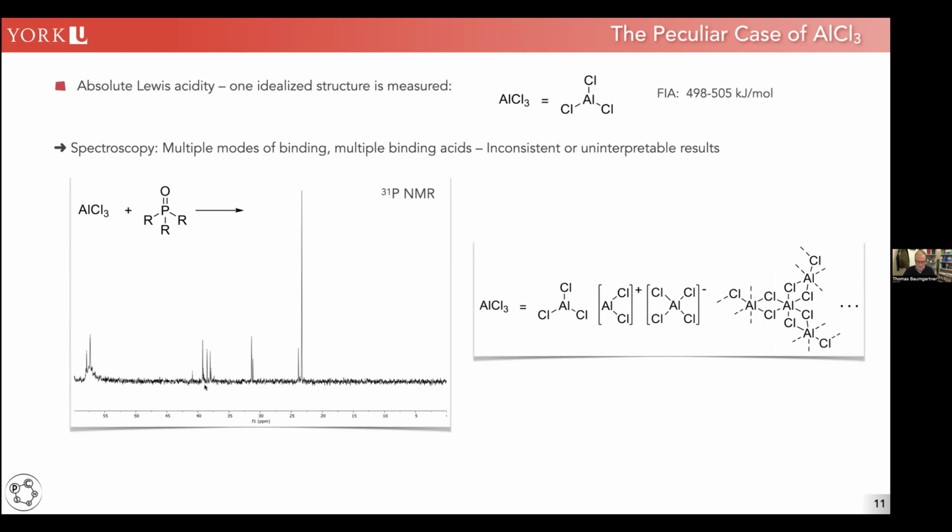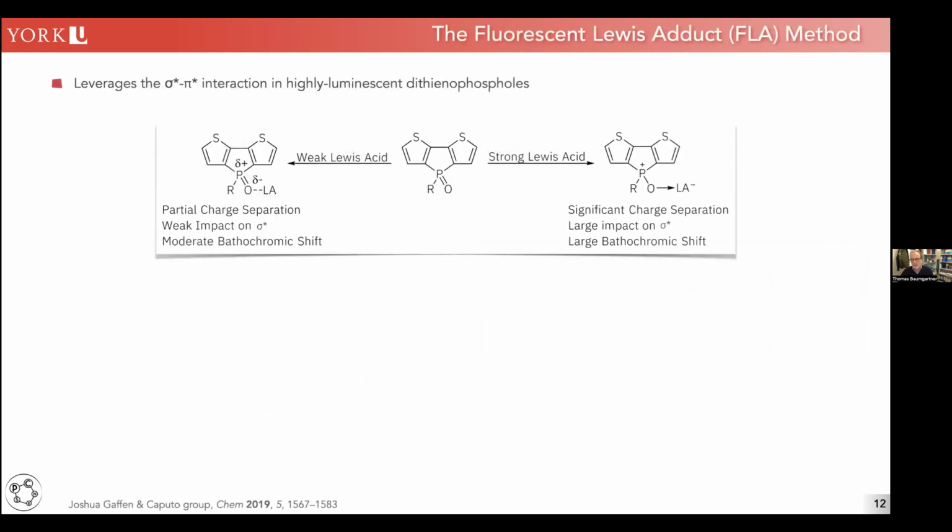So if you want to pinpoint the absolute Lewis acidity of aluminum trichloride, the Gutmann-Beckett method fails miserably because there are different species in solution, and here's just a selection of them that can occur. You may have some monomers in there, you may have these ion-separated pairs, you may have clusters of it, dimers, trimers, and you name it. They all can interact with the phosphine oxide here, and that gives you a selection of molecules. So there's a problem when you refer to absolute Lewis acidity, because you do not always have a single species in solution. We really want to make sure that we incorporate all these things in one measurement. And this is what our method does.